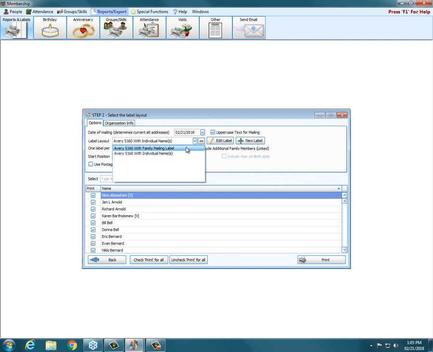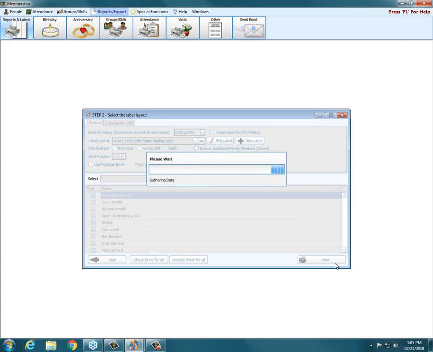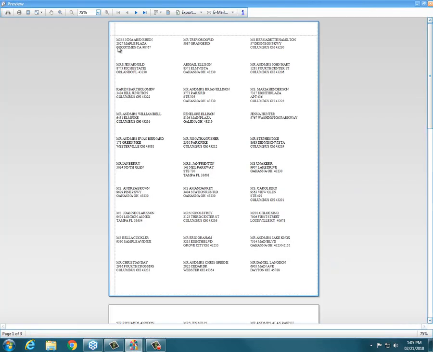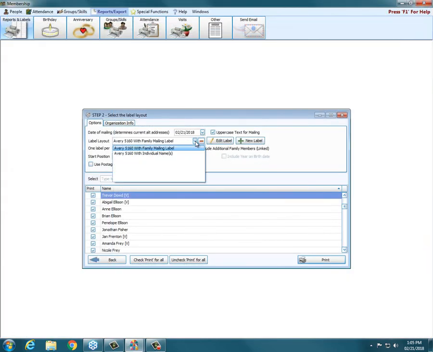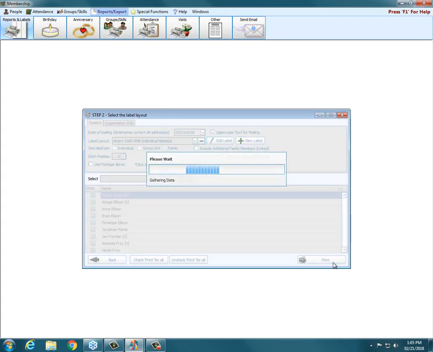let's just look real quick. So a family mailing label, and I'm just going to ask for one per family and hit print. I just want to show you what it looks like. This has just one per family, and it has the actual family name, whatever we put in the mailing label field, which is usually Mr. or Mrs., or if it's just an individual, their individual name, versus the label called individual names, which if I print that,